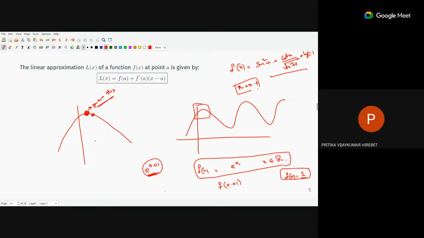Sir, this formula, we have always been learning this. Can you simplify the meaning of that? This formula, which is boxed? Yeah, we have always been learning this, but not really understanding the meaning, at least for me. Okay, see, this is basically the tangent line equation at this particular point.